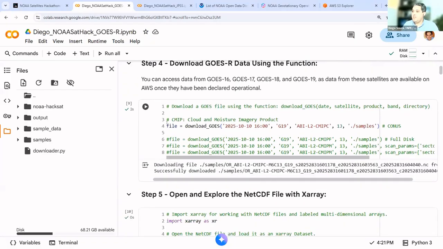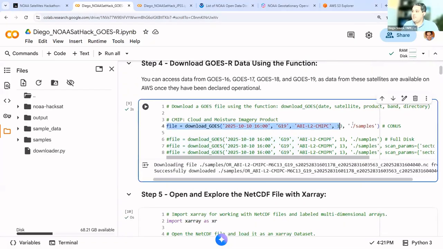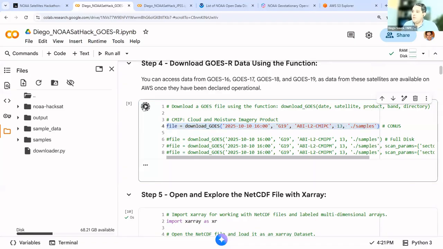Okay, and then with this function, I can download data from GOES 16, 17, 18, 19, any instrument, any band, since these satellites have been considered operational. Okay, let's make a demonstration. Here, I will click on play, and